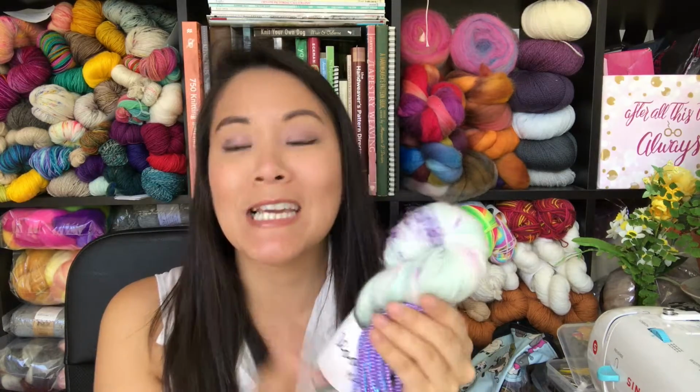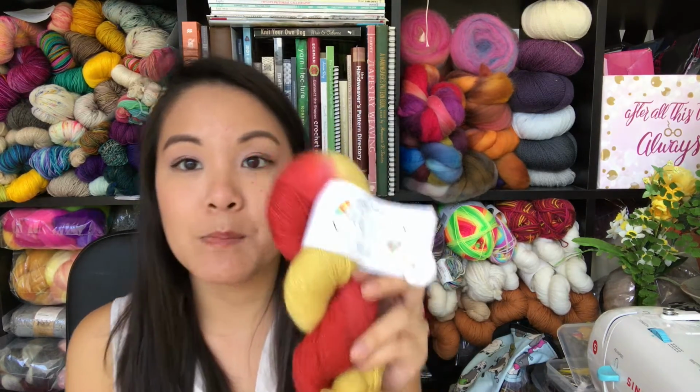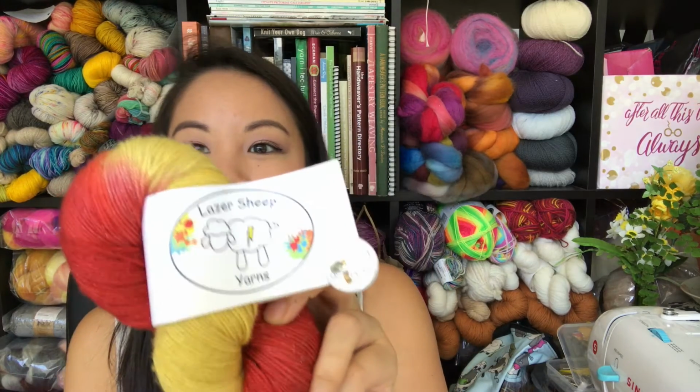Everything was so pretty. I had the hardest time not just purchasing everything. All the colors were just so gorgeous. I also picked up some Gryffindor colored yarns, and this is from Lazer Sheep Yarns. I just couldn't pass up